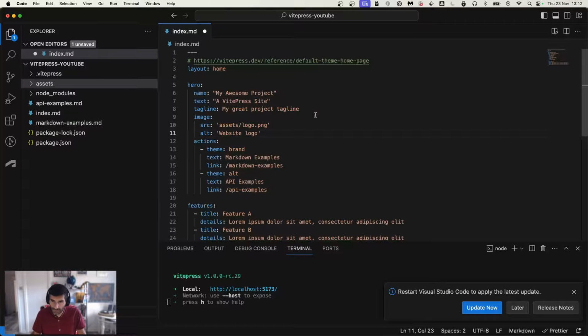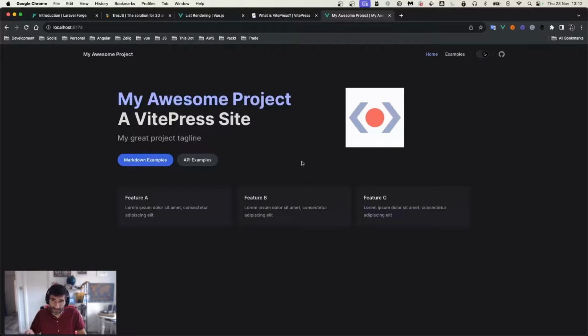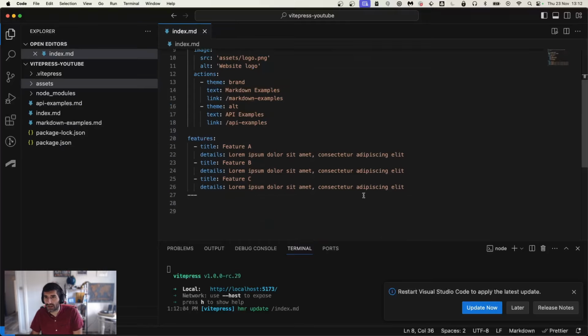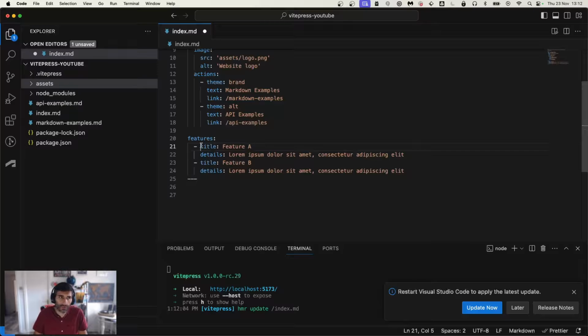If I go here and save it, the beauty of VitePress is that it's built on Vite, so that means the way the sites update is instantaneous. As you can see now, we got a logo on our main page. Some small changes as well: if we want to remove this and just put you,